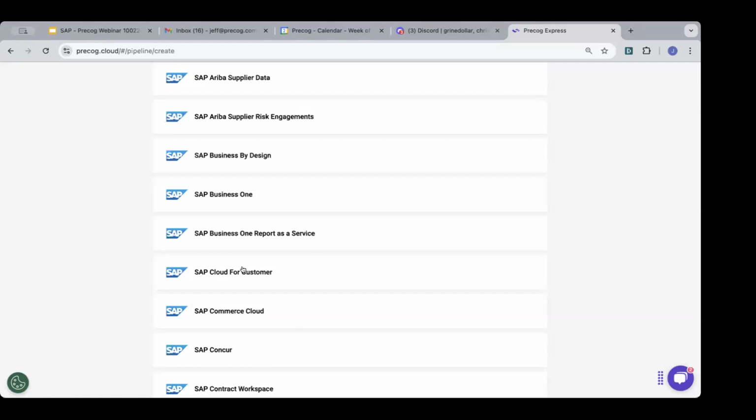Next question. Can you support my custom applications that our IT team has built? So it's a good question. Now, again, the bar or the entry point for Precog is some sort of API that we have enough documentation to be able to understand how it functions. If a company has built a proprietary application or an internal application, and they've built an API with that, even if it's a proprietary or internal API, then we can connect to that and we can load that data into your Datasphere platform. It's not a problem, but it does need to have some sort of API that we can connect to, make a web request and get some data back.